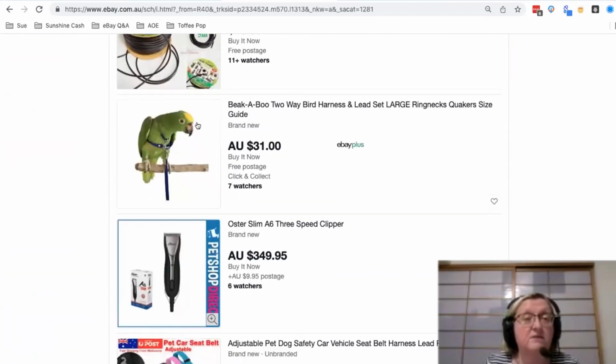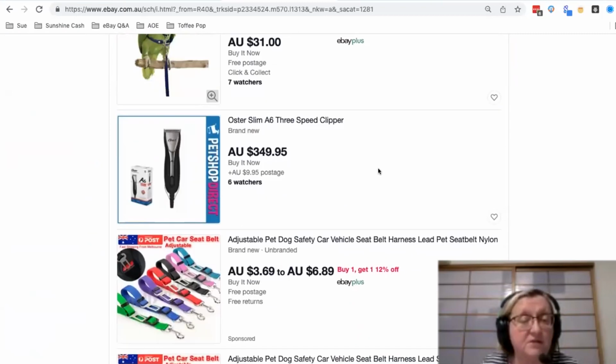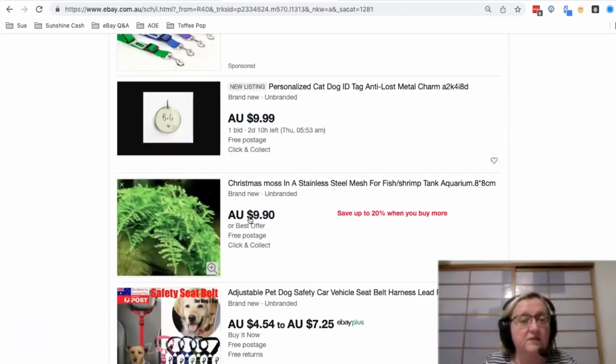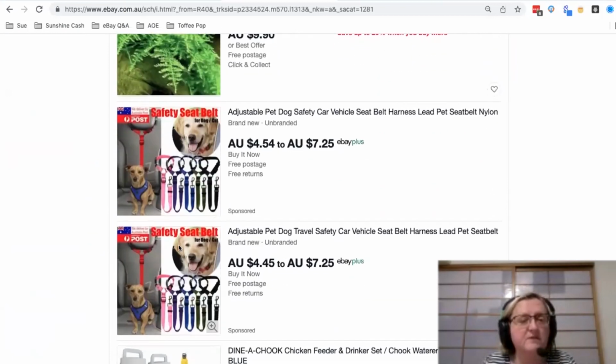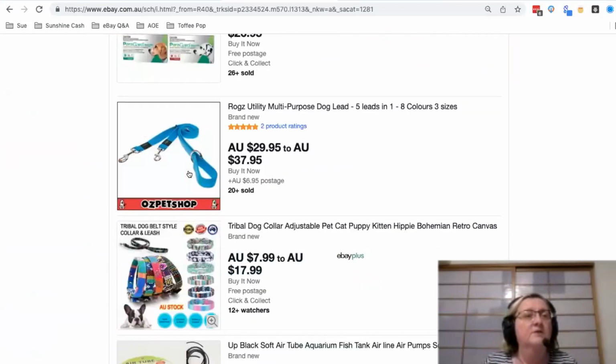Yeah, dog leads. Who would have thought you need a pet bird harness? The things you find when you're doing product searches. Bizarre. Pet safety vehicles, safety seat belts. So I've seen these safety seat belts a few times now. Too cheap though. The other thing we can do